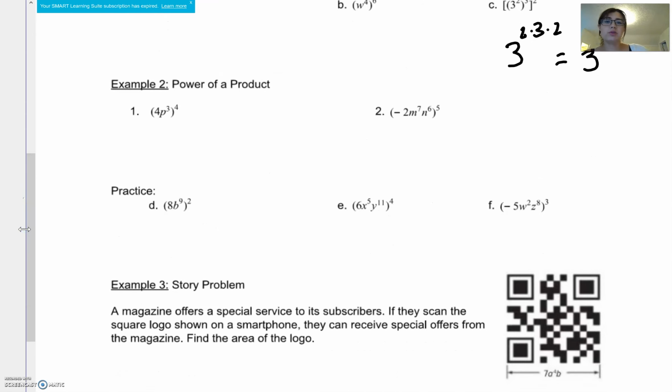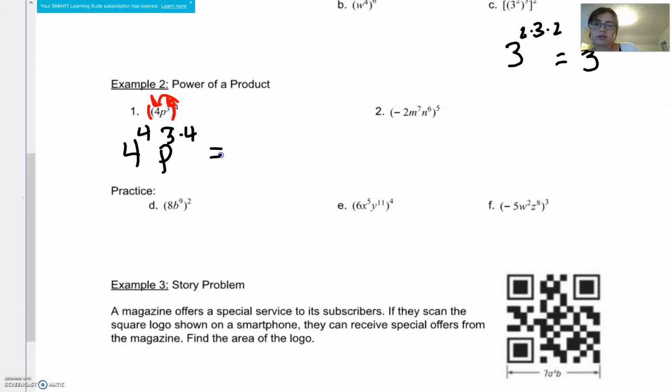For example 2, we're doing powers of a whole product. What it means by product is we have 4 times p to the 3rd power, all to the 4th power. So if you remember distribution, you have to apply this 4 to our whole number and to our p to the 3rd power. So if we break that down, it's going to be 4 to the 4th power times p to the 3rd power